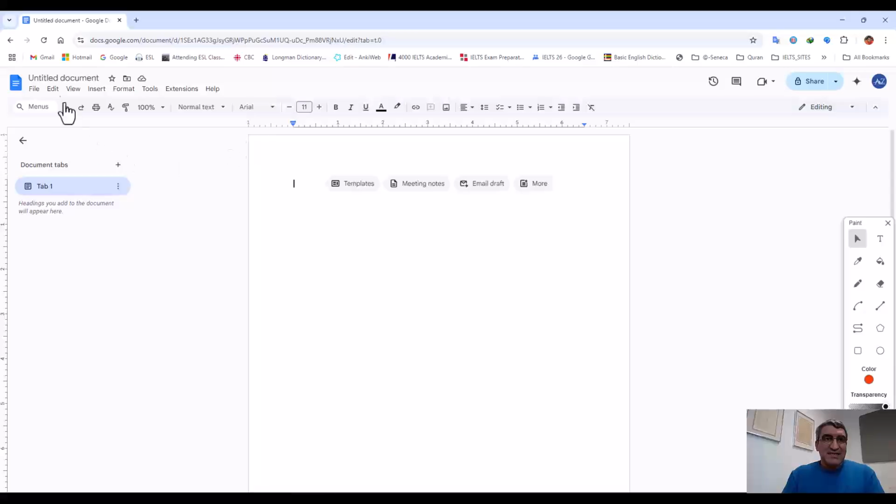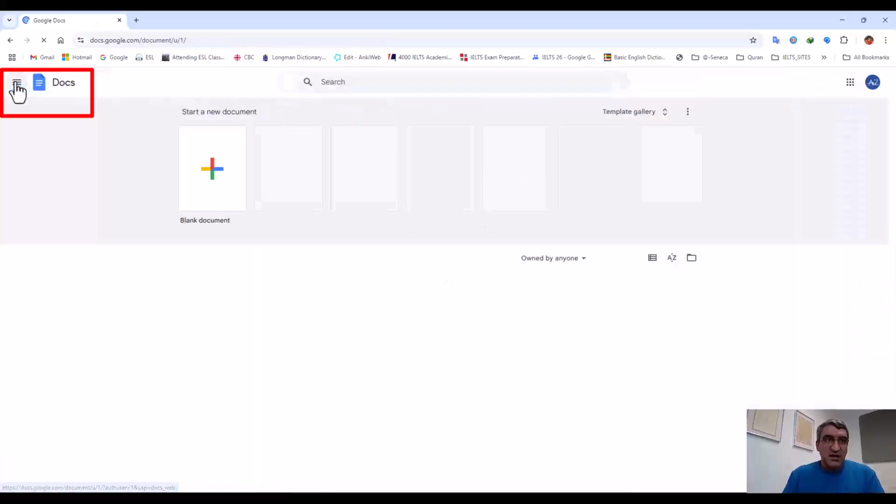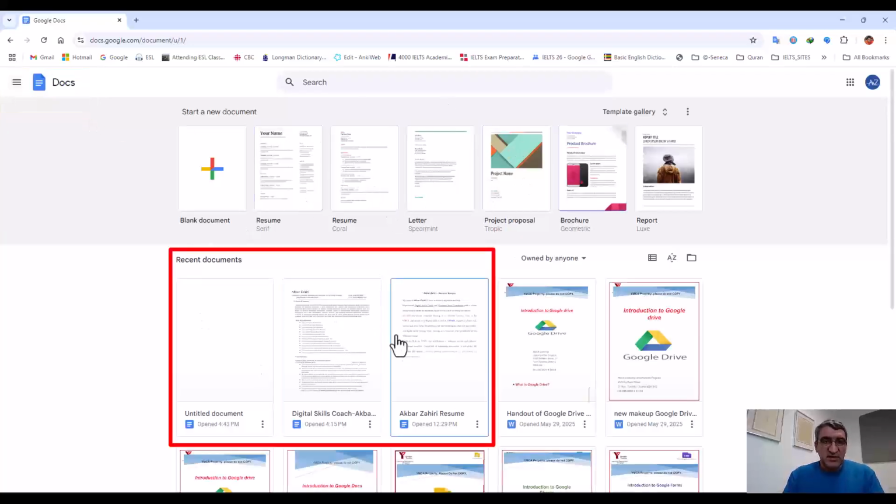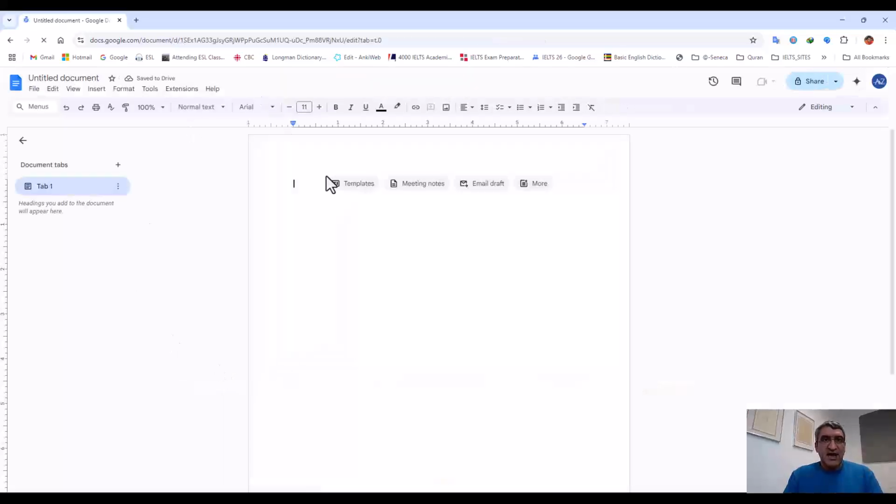And if you want to access your previous files here on the Docs home, if you click here, again, you can go and access Google Docs, for example, the previous files that you have saved, and also create a new document. And this is, you see, the same document that I was working on because its name is untitled, and it shows what time I was working. If I click it again I will access it. And in the next session we are going to start typing and editing.